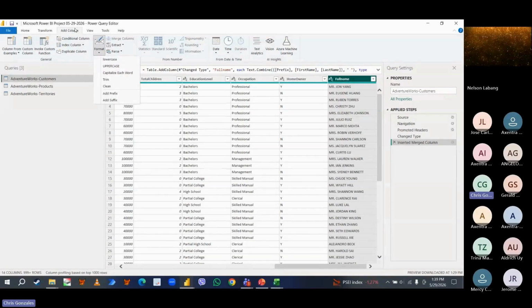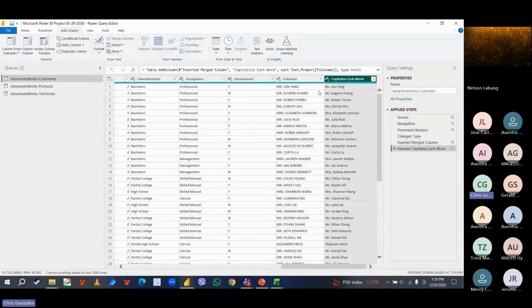Take note, every button that you click inside the Add Column tab will always produce a new column. If I choose, for example, the option Capitalize Each Word, this is what will happen. We have two full names. The first full name is in capital letters, while the second full name is in proper case.